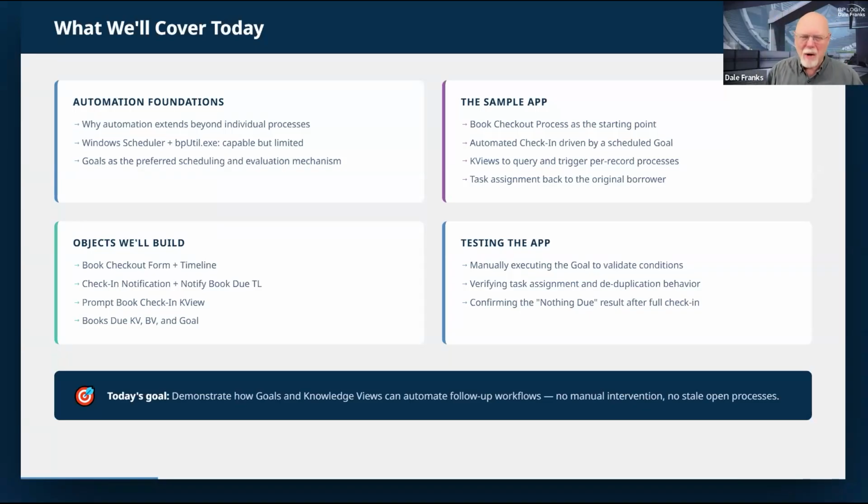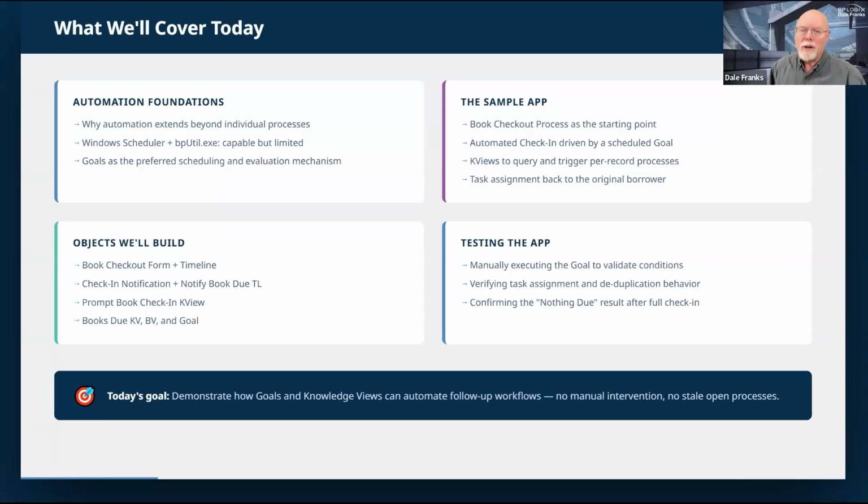You have to know how the Windows scheduler works and how to prompt it. You have to be able to build the URL for the knowledge view that you want to run. You have to call it through the bputil utility rather than calling it directly.